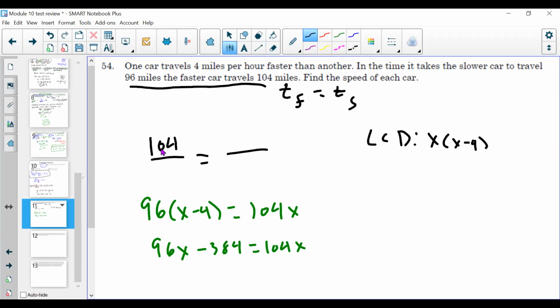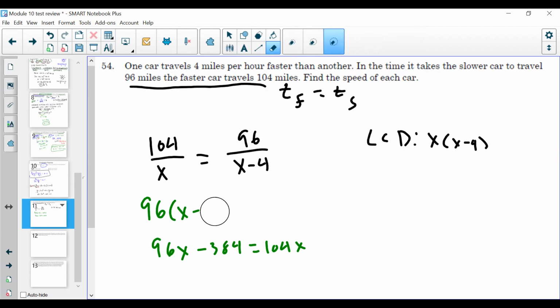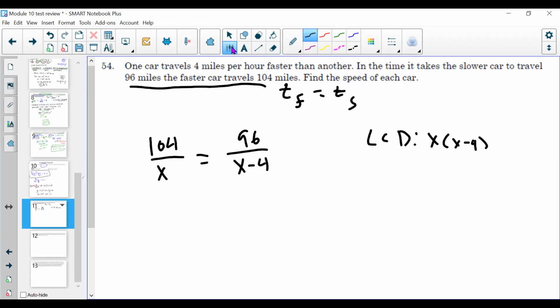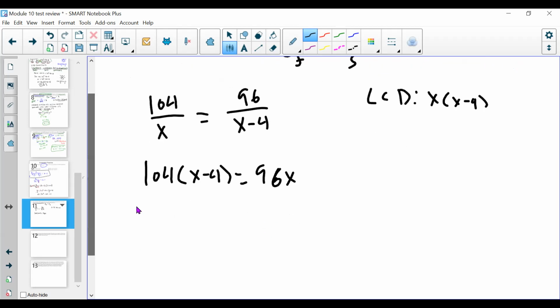The faster car is going 104 miles at a speed of X. The slower one's going 96 at X minus 4. So we're going to go ahead and redo that, but it's going to be the same process. Just don't mess that up like I did. So 104 over X times X minus 4. Same thing. The X's cancel out, and you have X minus 4. In this second case, the X minus 4's cancel out. You have 96X. Distribute that out. 104X minus